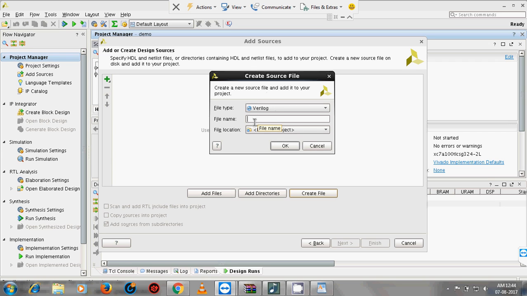So give the name. Here is the option: we can choose Verilog file, VHDL file, or SystemVerilog file. So there are options for which file type you are using. I am using a Verilog file here. You can also choose a VHDL file if you have VHDL code. So here I make the name demo or anything like counter